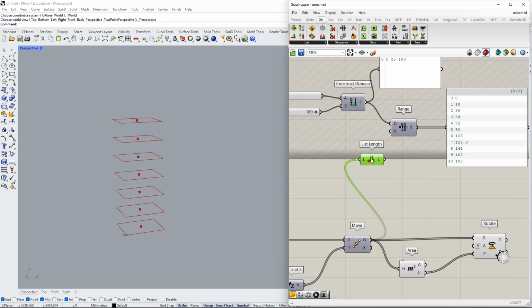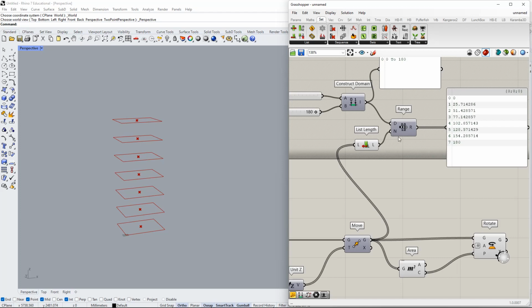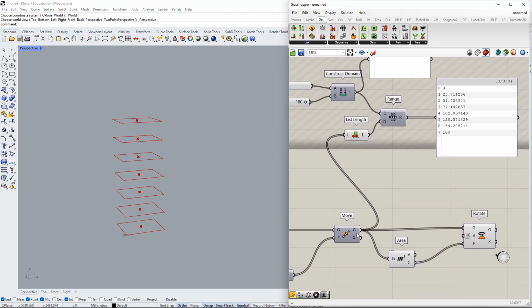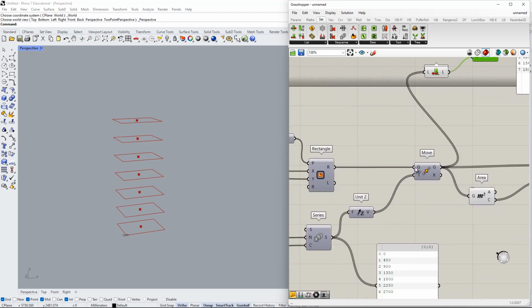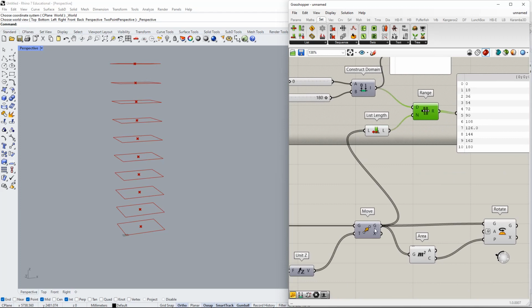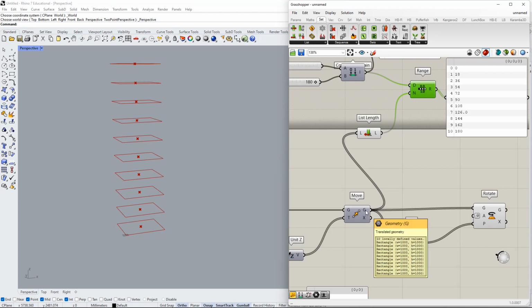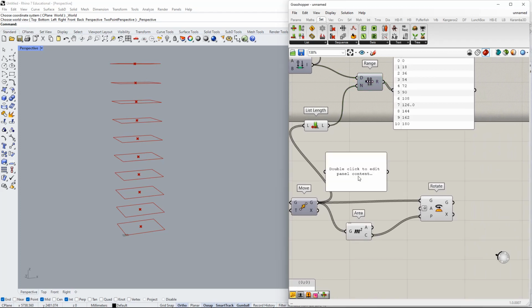But we actually know that we need the same amount of angles as the same amount of rectangles. So that's why I use this list length component. I can just connect this one into that number. And now the list it gives me is going to follow that information. If I change the amount of floors, let's make it 10, this list length component is going to take the number of rectangles I have in here. It's going to count how many are there,